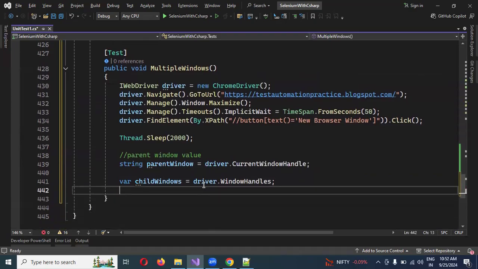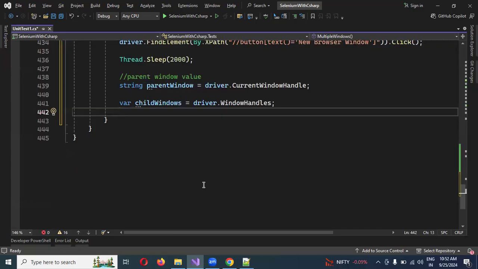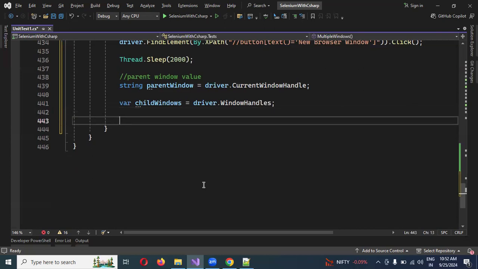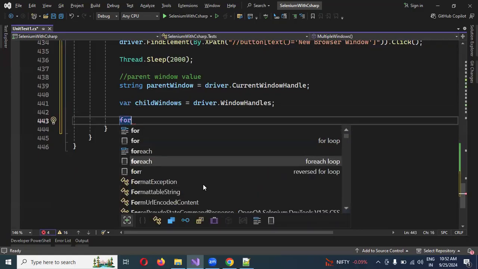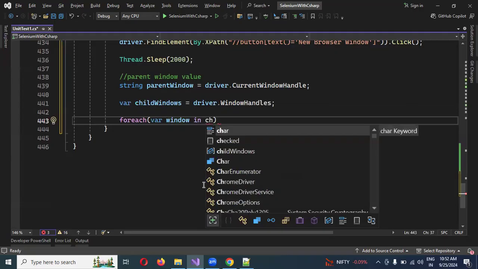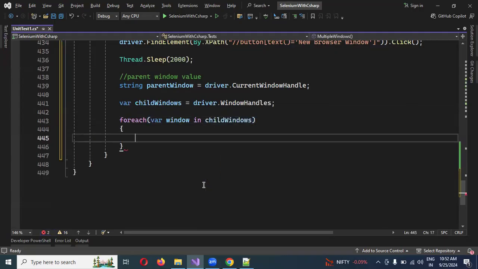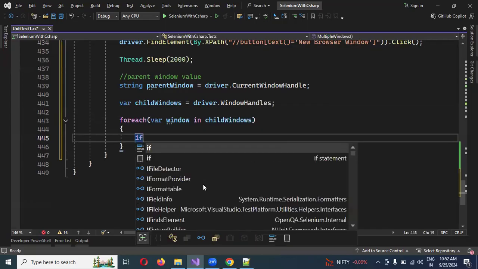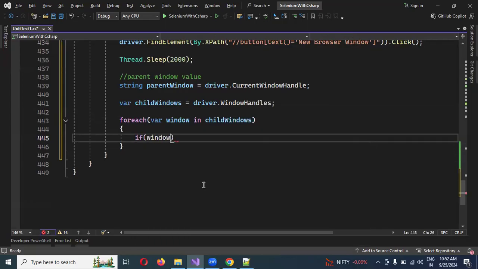Then we need to iterate with a foreach loop. In that particular foreach loop we can read and see how many windows there are, one by one. Now for each loop, foreach window in child windows. Okay, and then here, if window not equal to